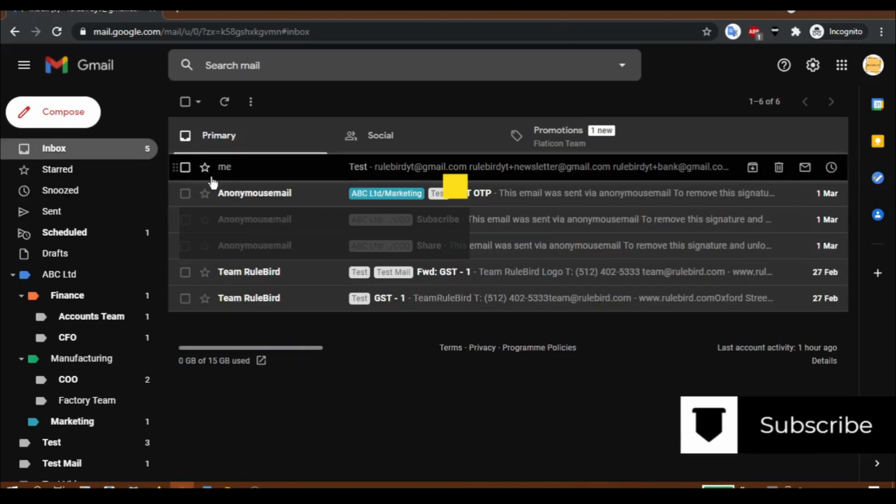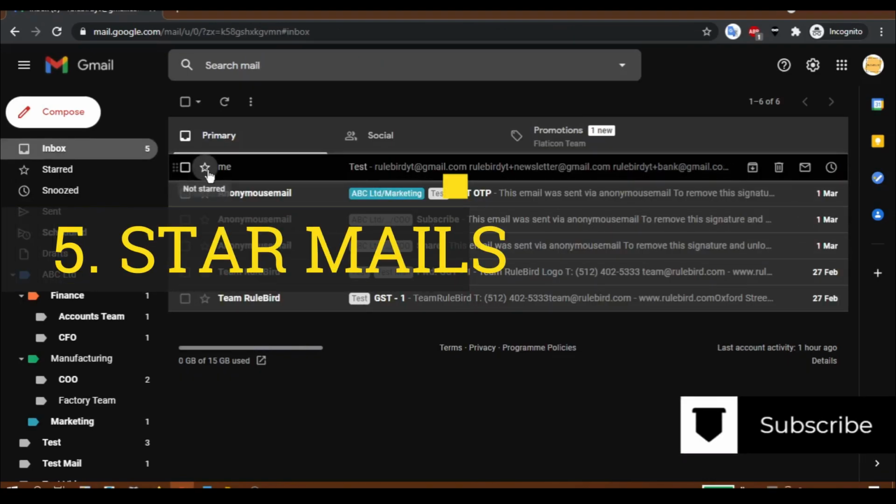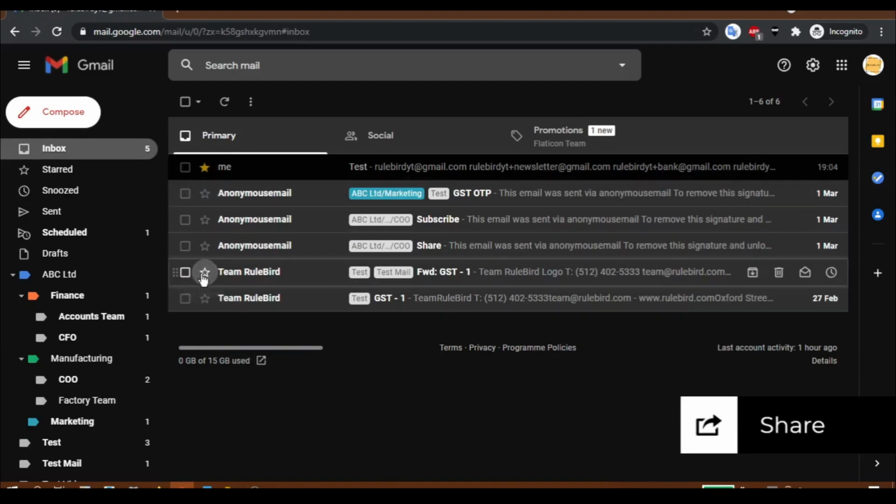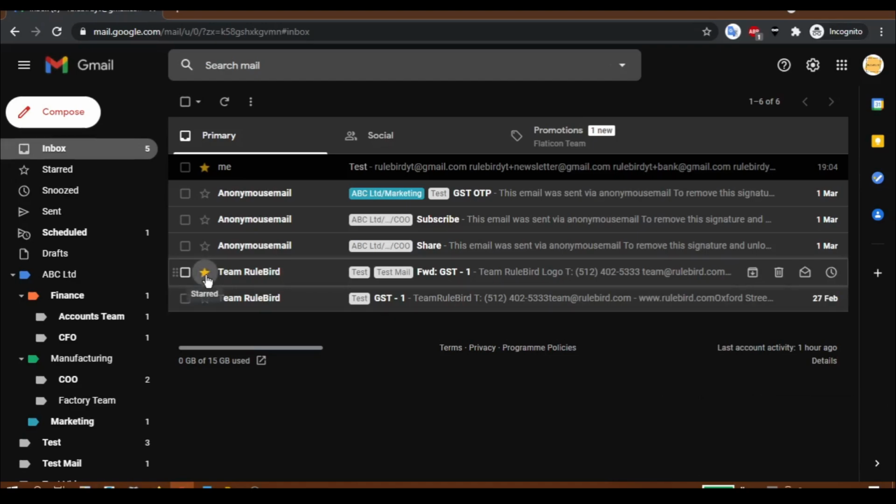You have probably noticed the little star over here. When you click the star, it turns yellow. The star is a great way to mark your important messages. So you can just click on whichever is your important message and do it like this. By default, there is only one star option available here. But what if you want to apply it differently, for different clients or different teams? So there is a little-known secret that you can change this star setting.